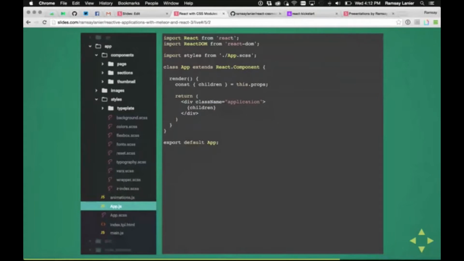Down below here, we've got all the Webpack config and everything, but this is the main application folder. Our main.js file is using React Router. It's basically just saying import the app component, and then pass in another component, whichever route you're on. The only thing really to note here is that we're importing styles from this app.scss,